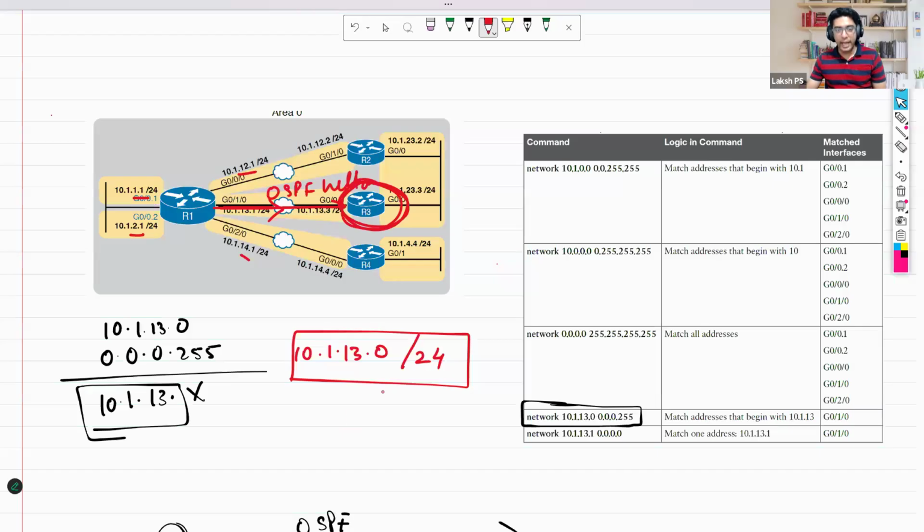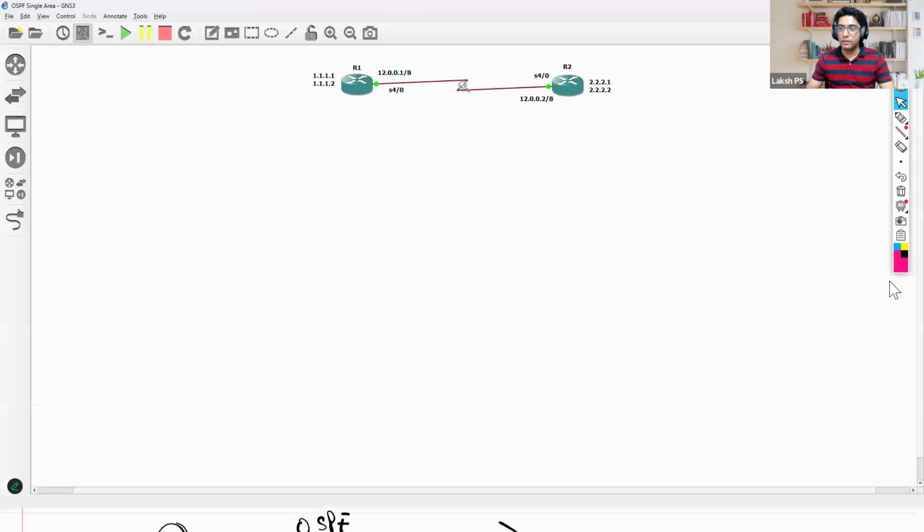So if any data comes for the 10.1.12.1 network, R3 does not know about it because R1 did not mention it. R1 has not advertised it using the network command. That is exactly what is happening here. The command that I used was network